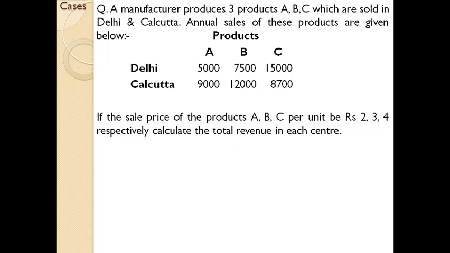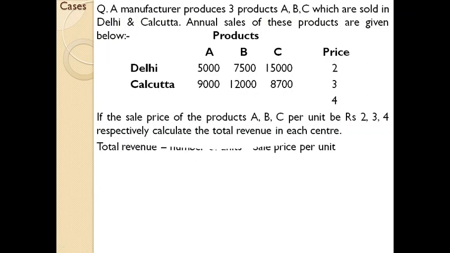That is the concept. So in the question, one matrix is already given, that is the information regarding the units of goods dealt by the manufacturer. The next matrix is regarding the price per unit of the product. So it can be written like this. The price for each product is 2, 3, 4 because it is given directly in the question. So how are we going to find the total income?